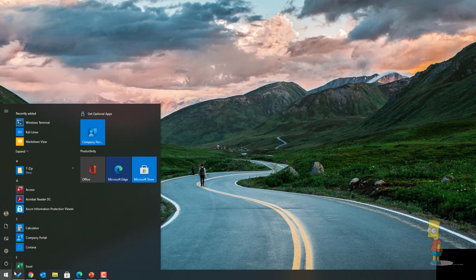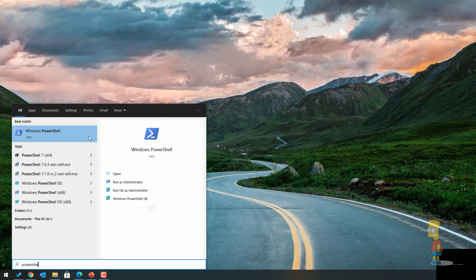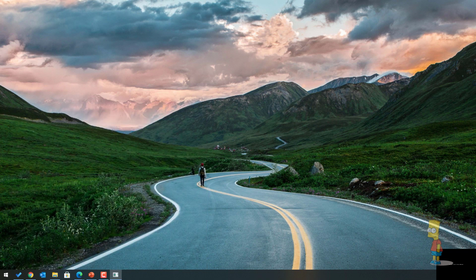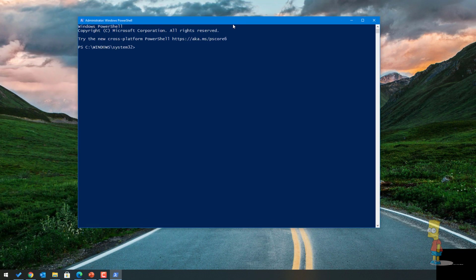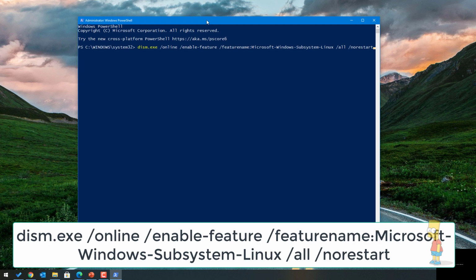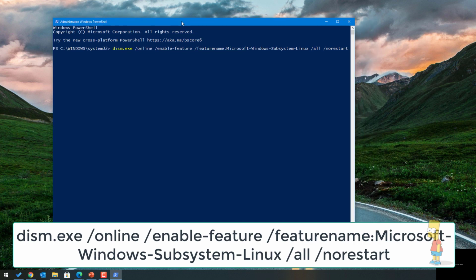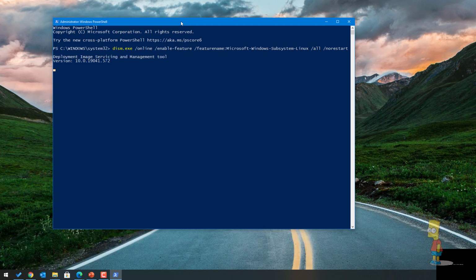The first thing first, we'll go ahead and open PowerShell and make sure you run it as administrator. And then make sure we enable the Windows Subsystem for Linux. So just go ahead and copy and paste this line. I have given all these steps and the command lines and the parameters in the comment section of the video. Go ahead and use it. We'll verify. In my case, because I have already enabled this feature, it should go quickly. Okay, that's done.